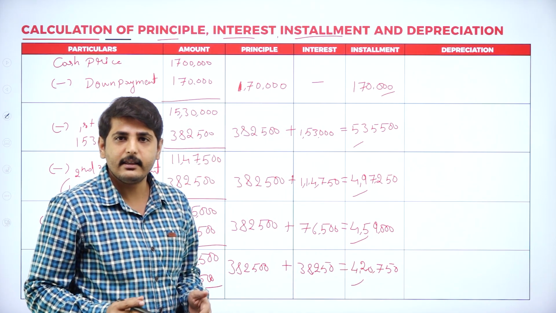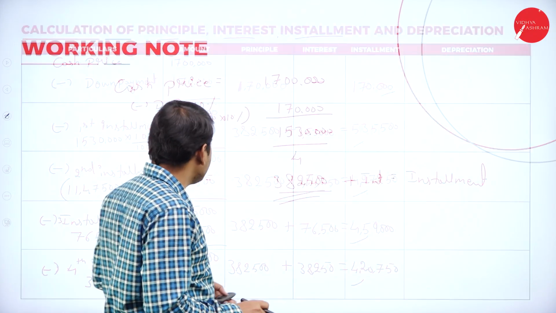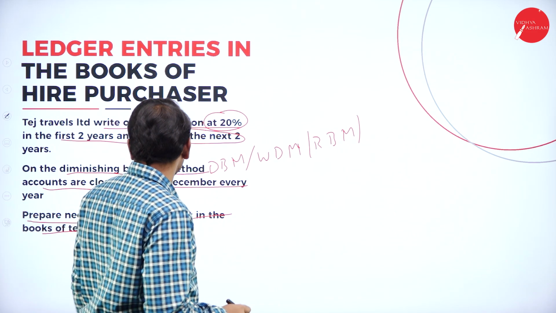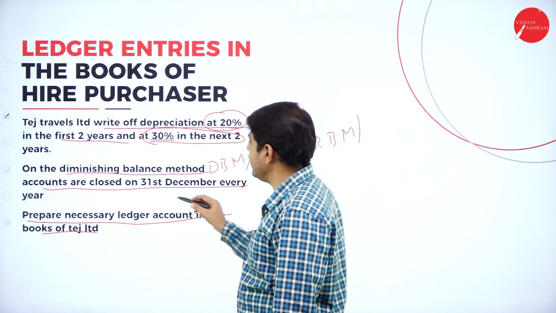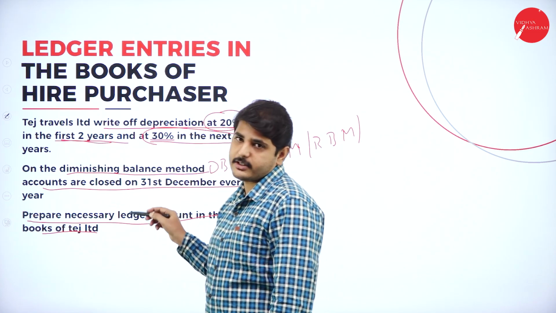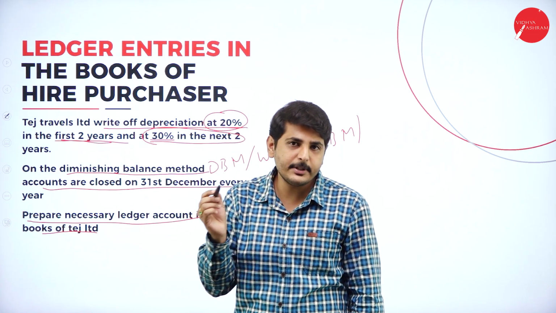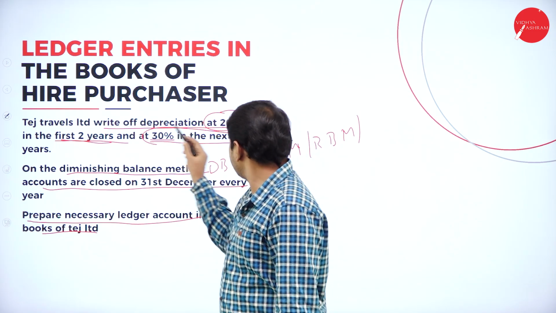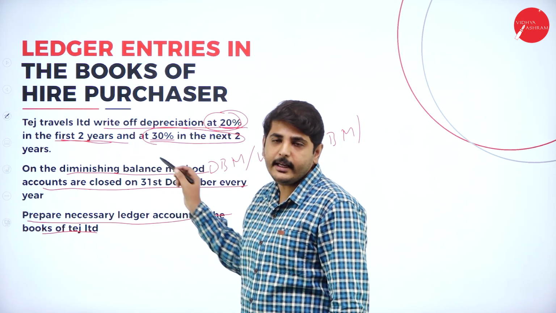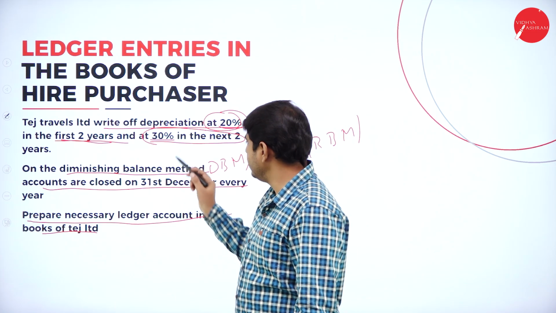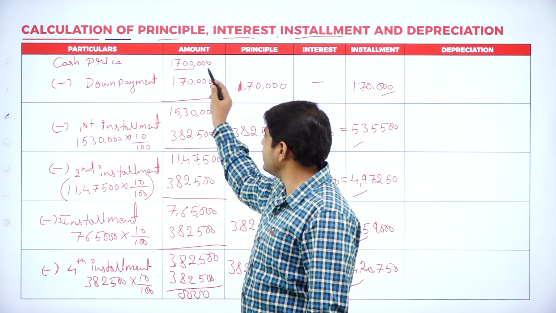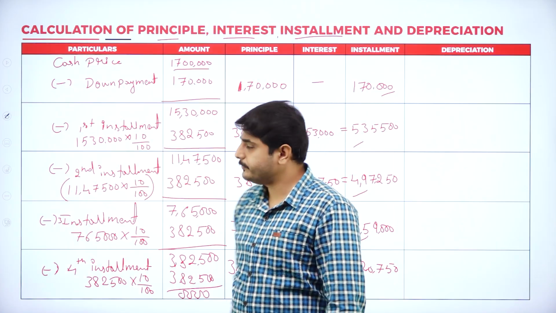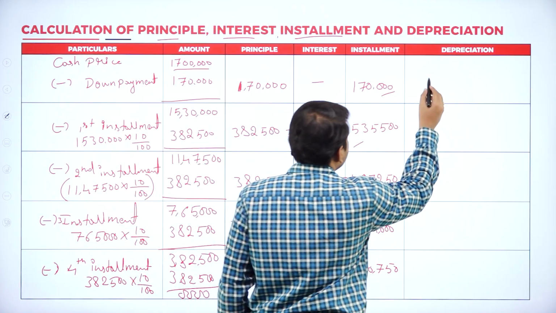Now let's calculate the depreciation. What is the rate of depreciation? Let's check in the problem. See, Tej Travels rate of depreciation is 20% in first 2 years. For first 2 years, we have to calculate the depreciation at 20%, and remaining 2 years we have to calculate at 30%. Now what is the cash price? Cash price is 17 lakh. So first year depreciation